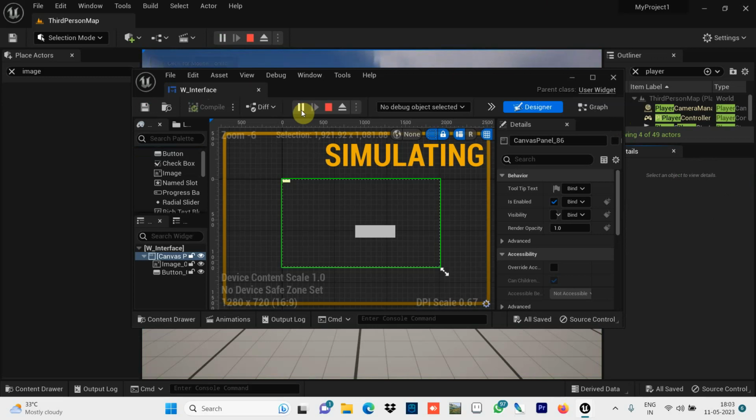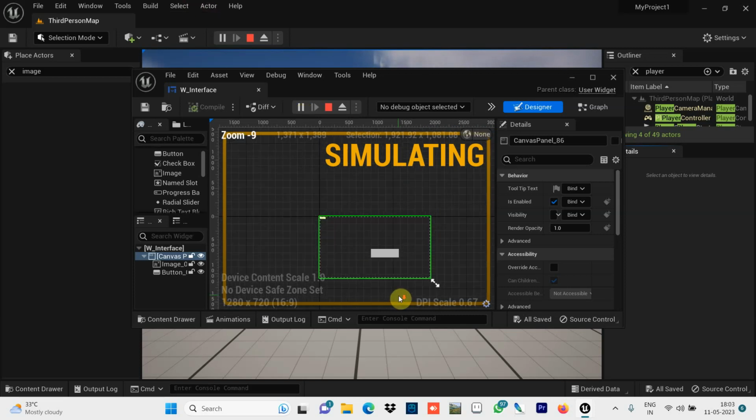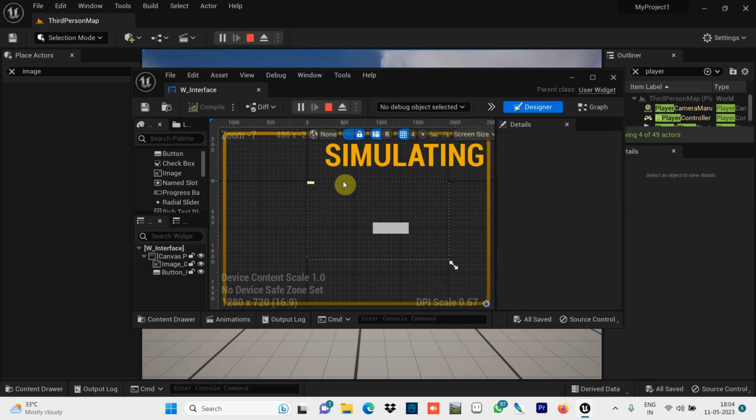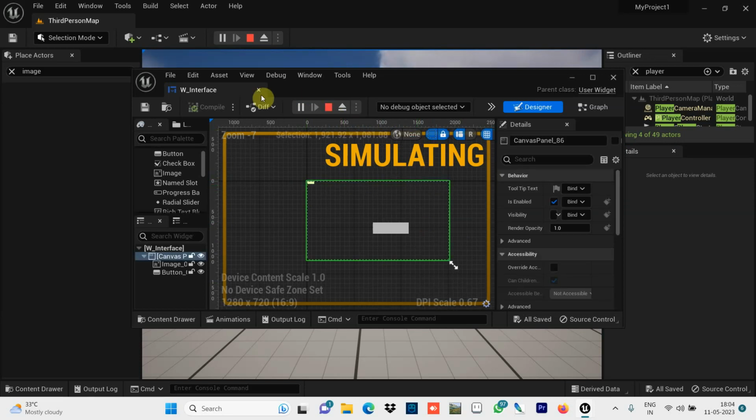Then once you run it here, it is simulating for you. It takes some time, and you can see.